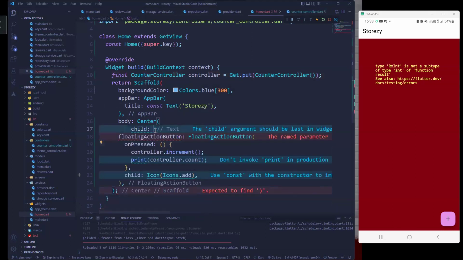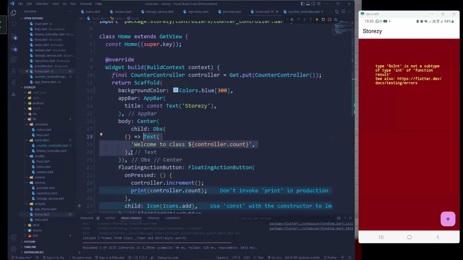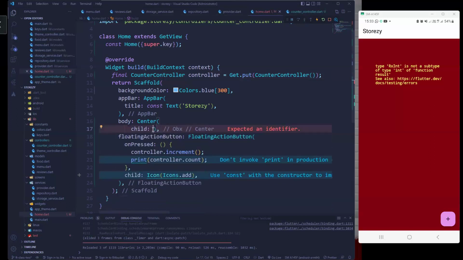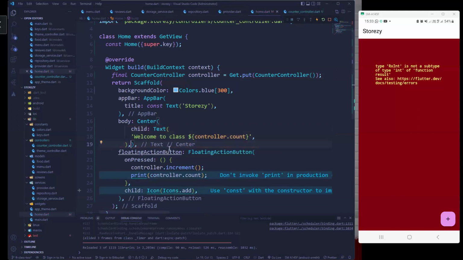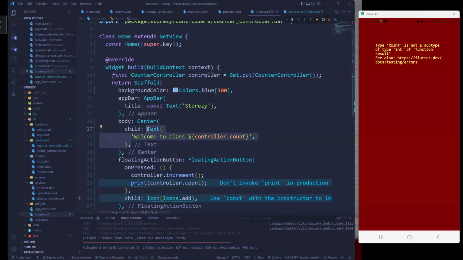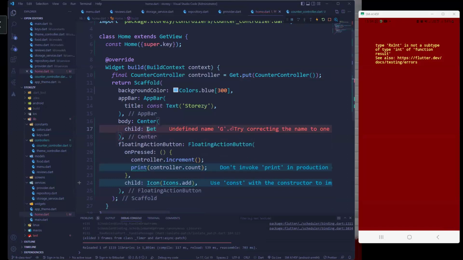Okay, I think I've removed some extra stuff. So this is the text. This is the Obx. Okay. So what do we now do? What we're going to do is this. This is how we're going to update it. We are going to wrap the text in a GetBuilder, right? So let me take this. So I call the GetBuilder,